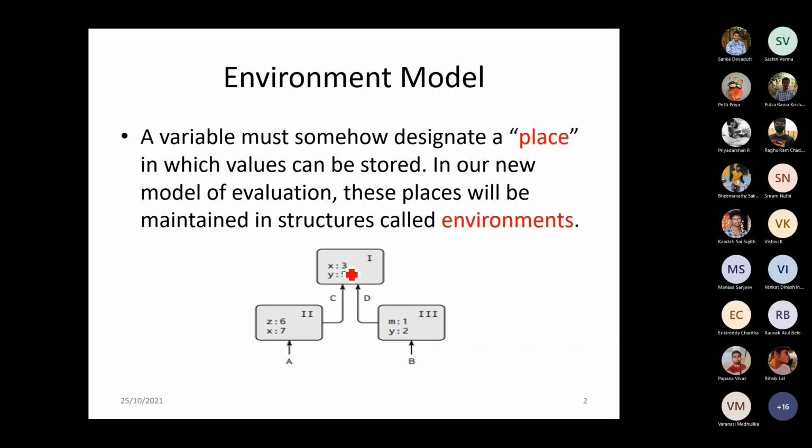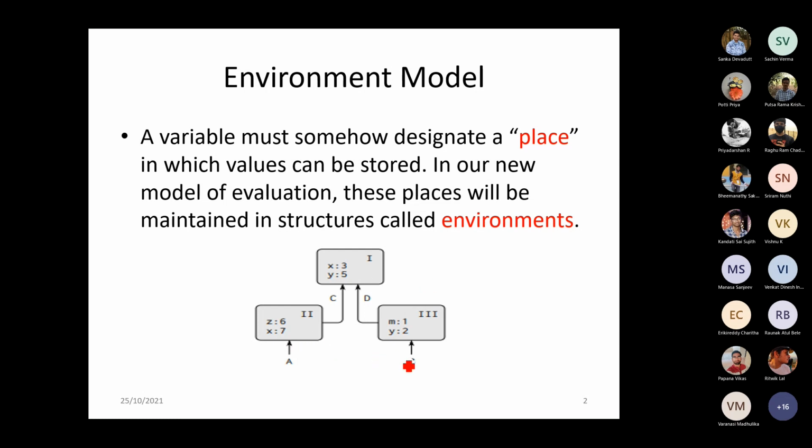So I have a global variable declared where I have variables x and y, where x has been assigned the value 3 and y has been assigned the value 5. After that, I have another block, for example the main function. In that block, I have variables z and x declared, initialized with the values 6 and 7 respectively.